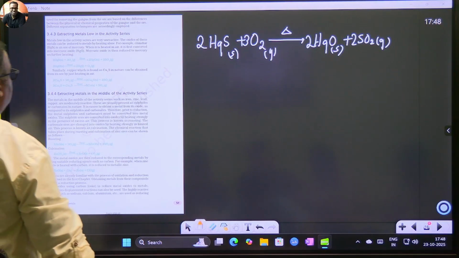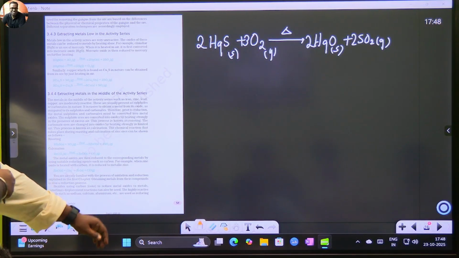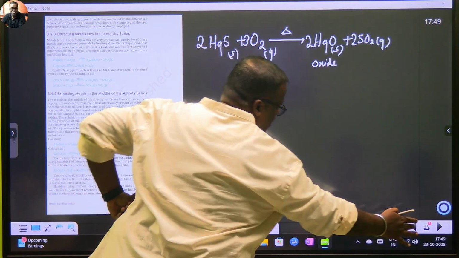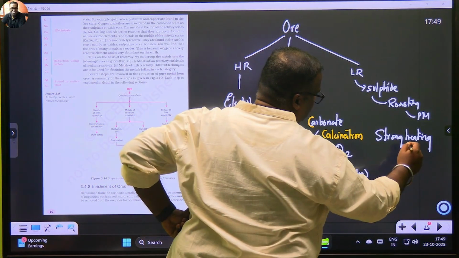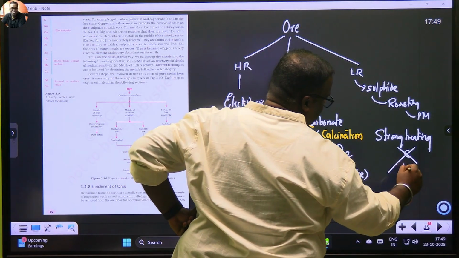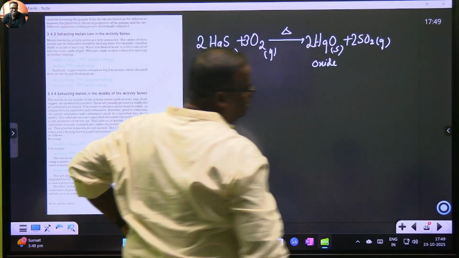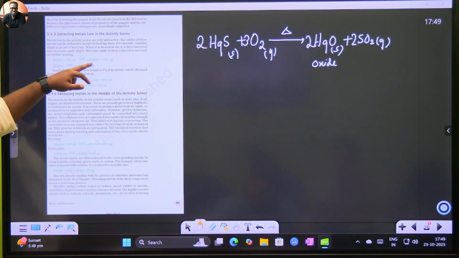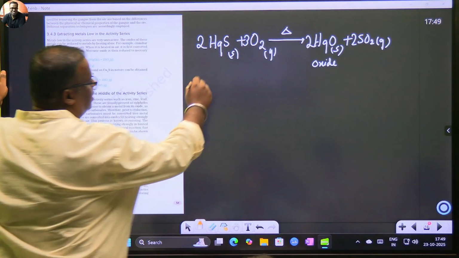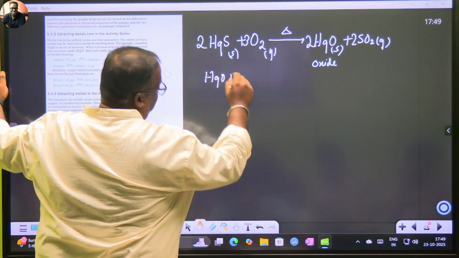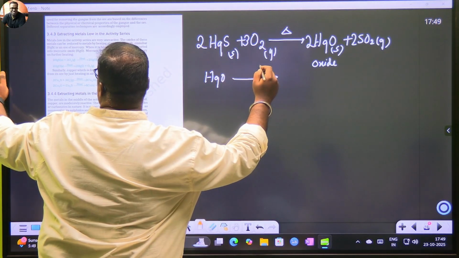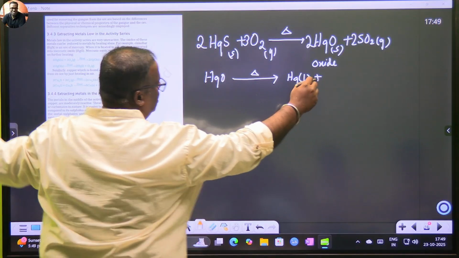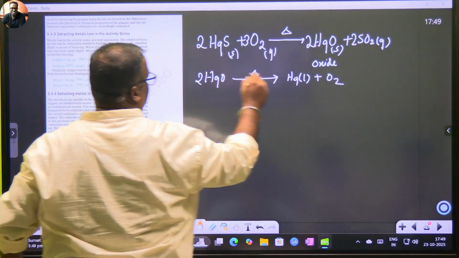One good thing is these low reactive ones. When you get, what did you ultimately get? You got an oxide. Now there's a difference: while these need carbon, these do not need carbon. यहाँ पे carbon की कोई जरूरत नहीं है. You just heat it. If you just heat it, the oxygen will go out. This is also you should remember. We got what? Mercury oxide. Now mercury oxide will be straight away heated. HgO. And you heat it. Mercury as a liquid will come out and oxygen as a gas will separate out. Bas.